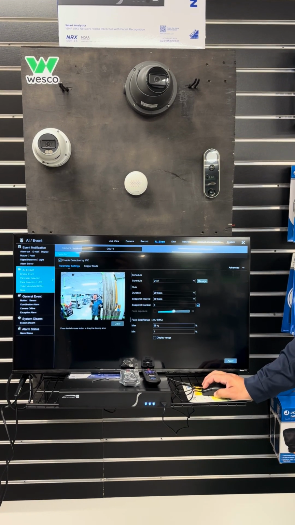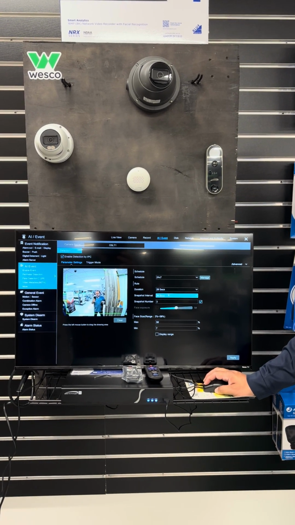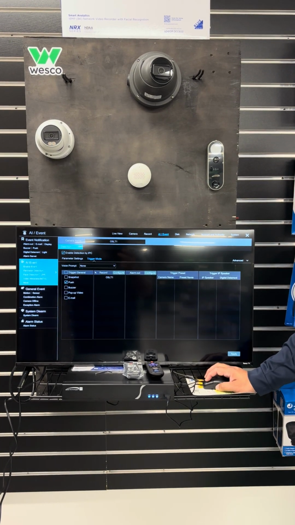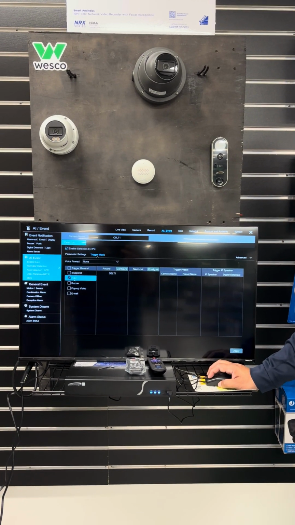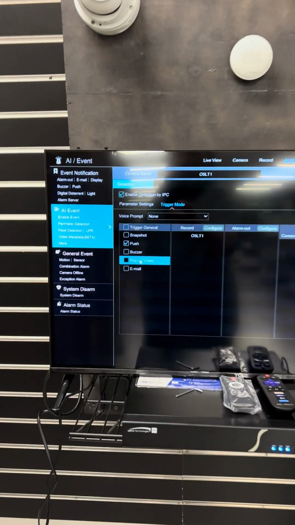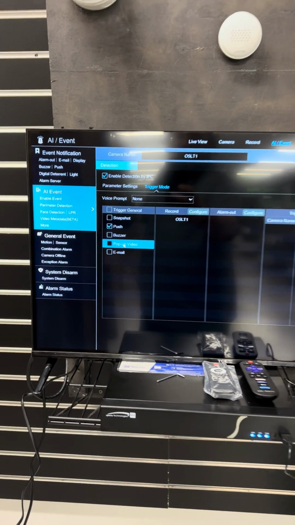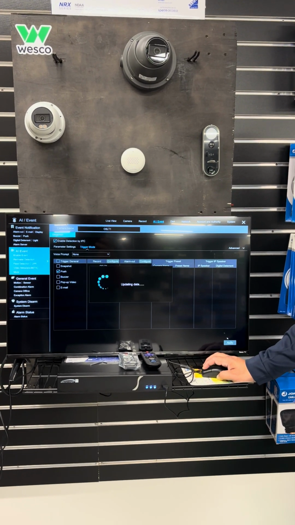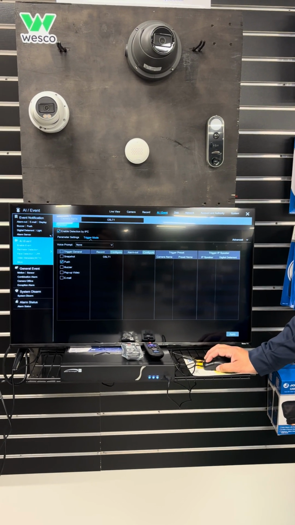Once I have that set up, all the other options I usually leave on default, but the trigger mode is really what's going to give you the push notification, pop-up video. If you are monitoring locally and you want to see when a specific event happens, you can enable it there. I'll leave that there. Once it's set up,